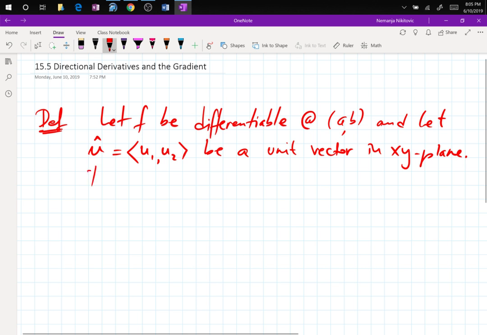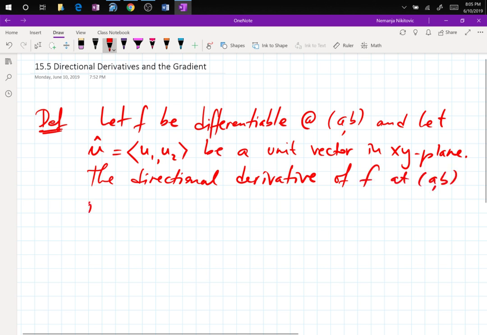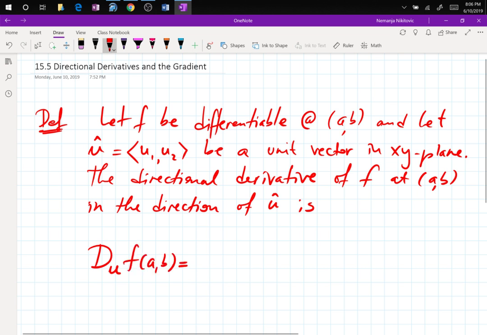The directional derivative of f at the point (a, b) in the direction of u is, and now we have this formula, the derivative in the direction of u of f at (a, b) is given by